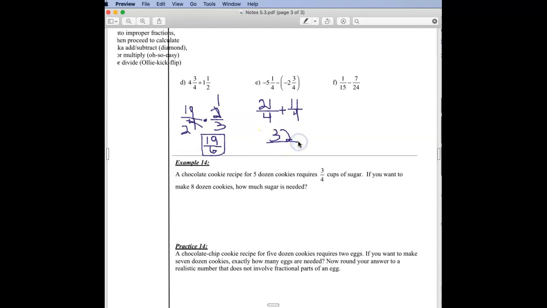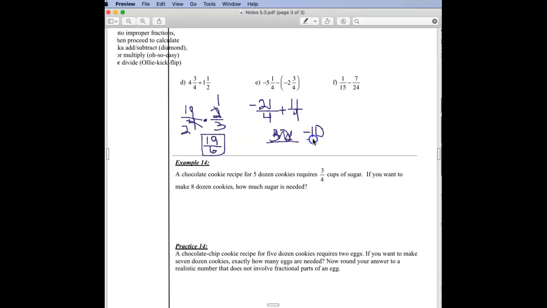32. Oh shoot, I messed up. Let me just cross this out so I don't have to erase everything. I converted this and I forgot it's negative, so sorry about that. So anyhow, it's negative 21 plus 11, which completely changes my answer. Negative 21 plus 11 should give me a negative